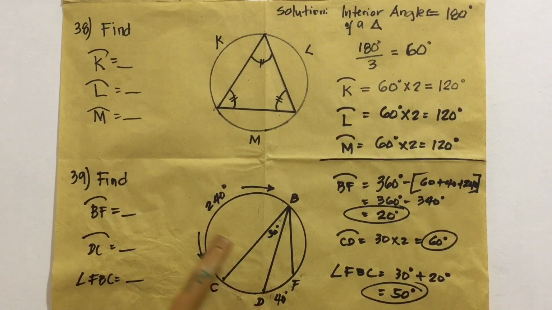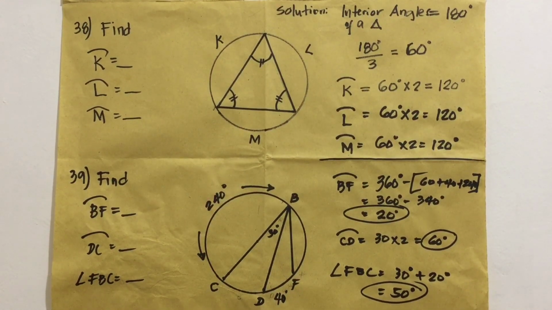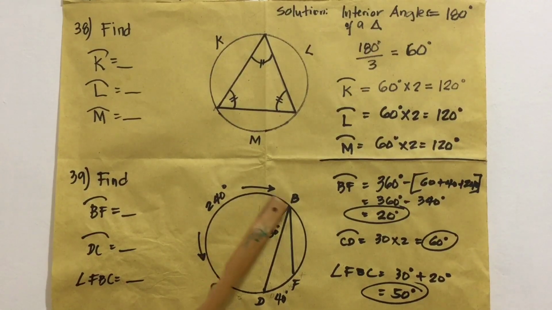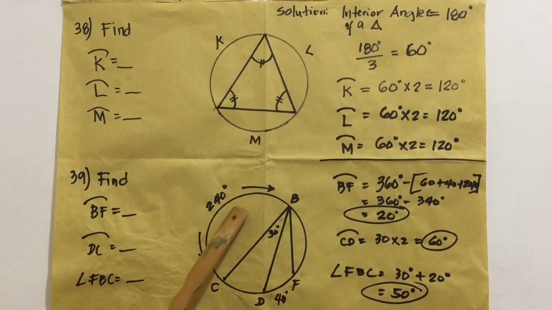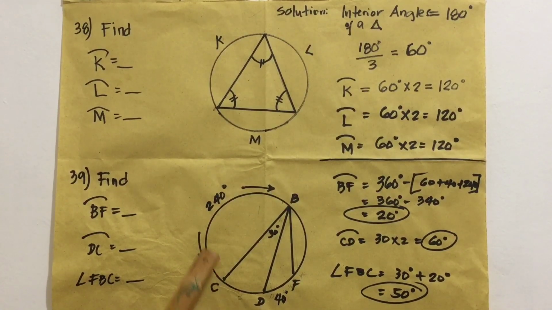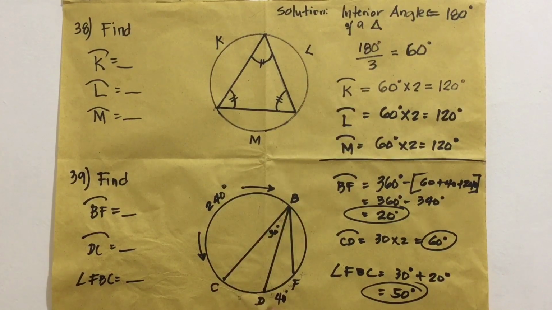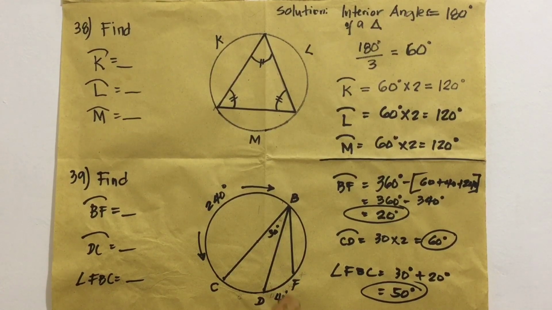So to answer these questions, we have to analyze the given figures. The circle and the arc here, B to Z, 240 degrees, and this inscribed angle here is 30 degrees, and the other inscribed angle is 40 degrees. To find the arc BF, this one, we have to remember that one circle is